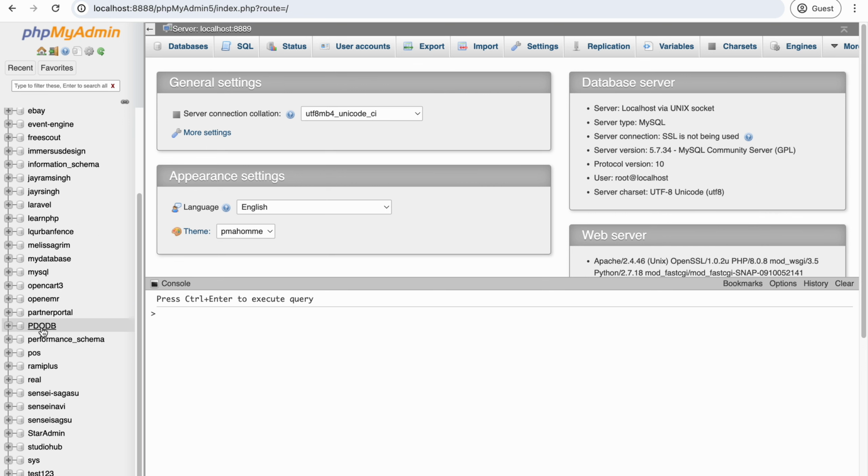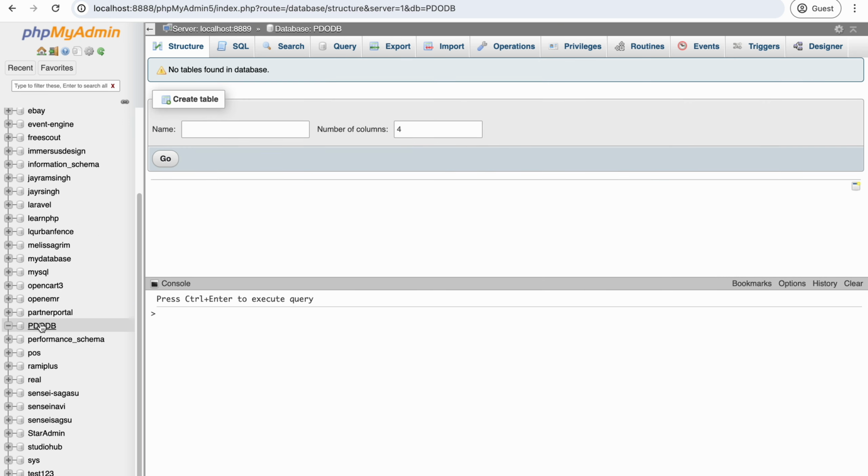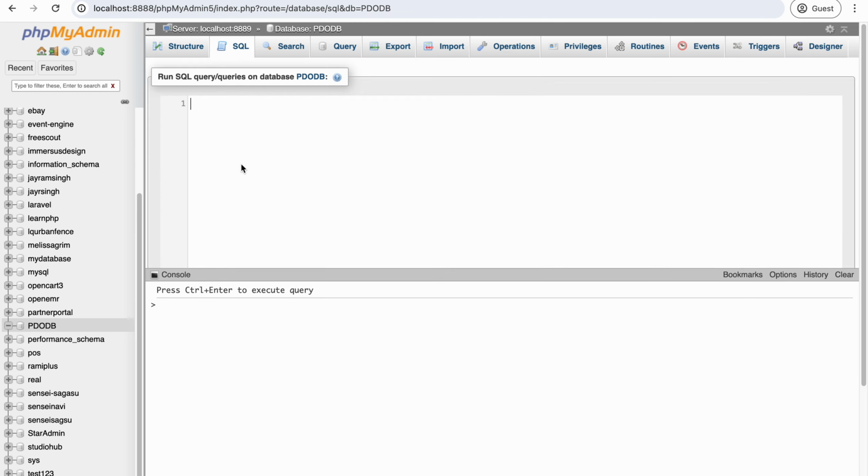You see I have loads of databases here, and suppose that I am creating a new database, create database, and name of the database I can give. What should I give the name? Registration.